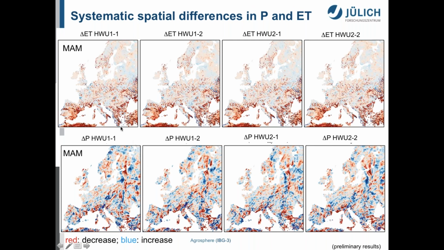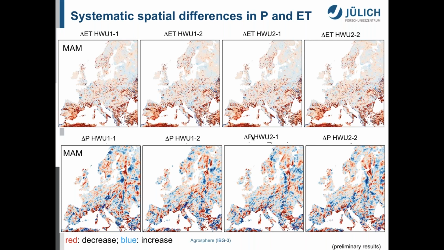And the same is true here for evapotranspiration, which I feel is a little bit less surprising, because of course ET is a much more local process in comparison to precipitation, which depends a lot on atmospheric transport and is characterized by a lot of chaotic processes.